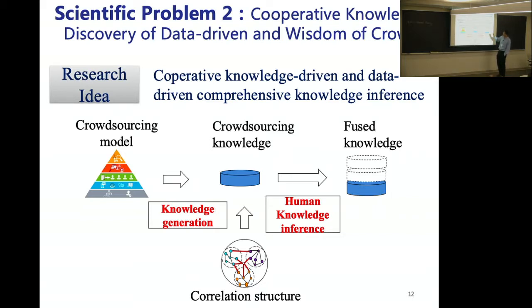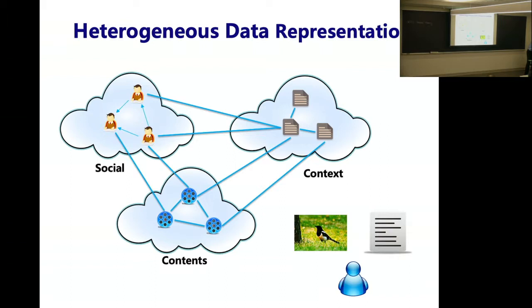So basically, once we get the cross-sourcing model, which means that we need to find, for example, not a graph kind of thing. This is, you can think about that, a kind of model we generated. Then we have a knowledge representation. We can get knowledge representation from this or knowledge base as this. So we can correct what we have done using machine learning results. So we can get fused results. So we think this way we can get a better result. So this is a very high-level overview.